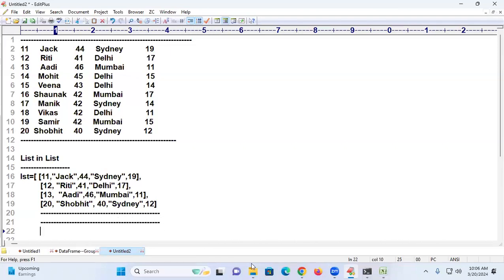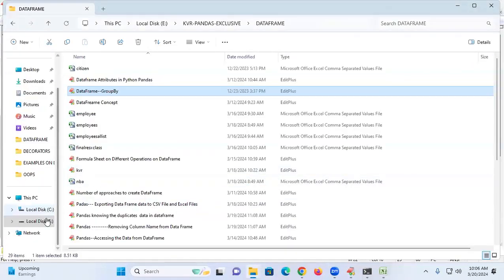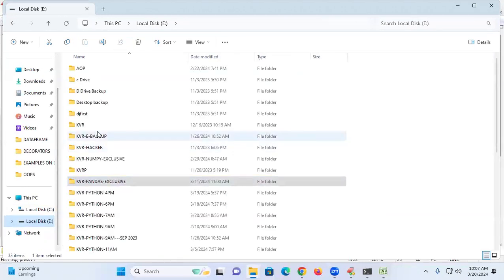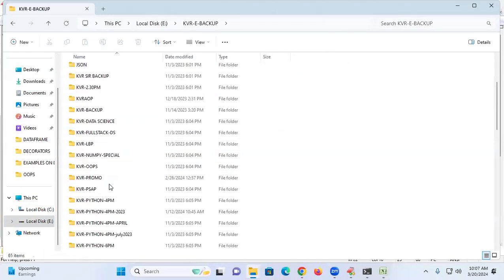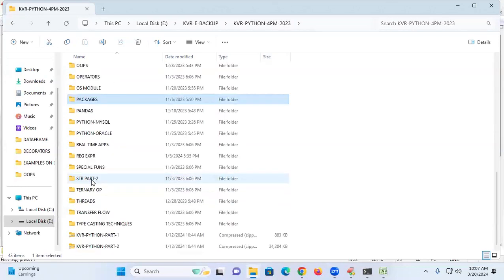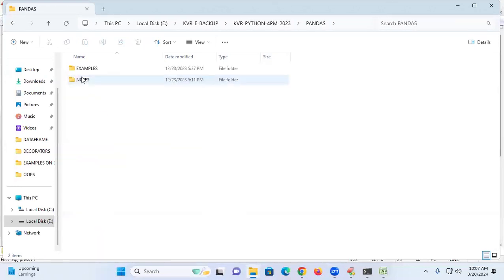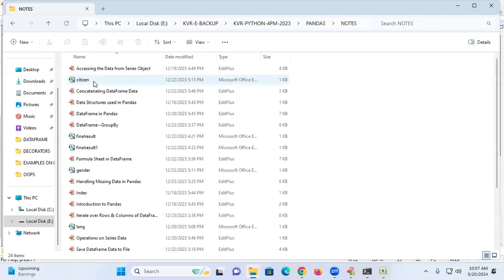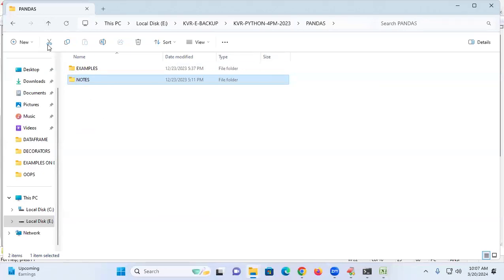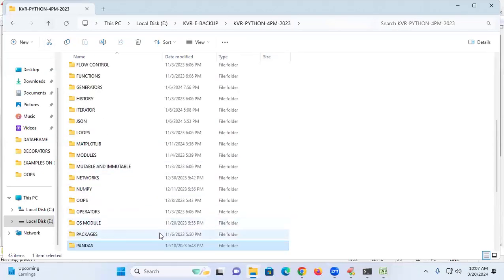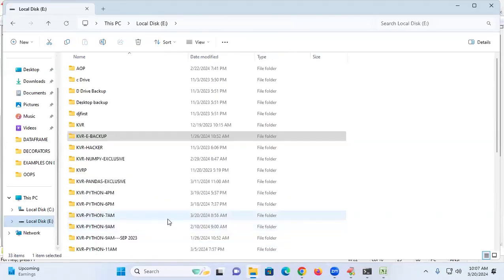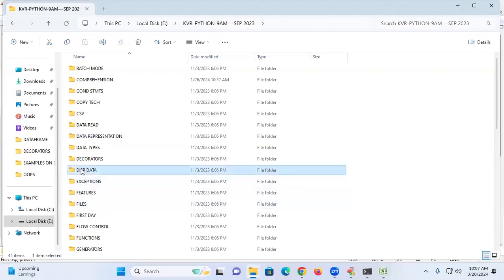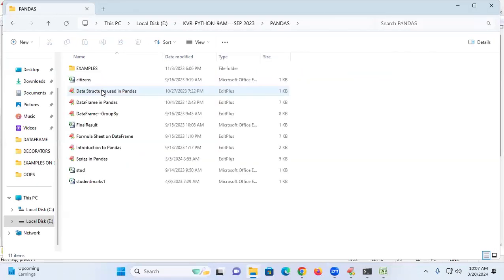Now, if any such code is there in my system from my previous class when I taught, I just want to search in that because I want to show you that part once, because it was a written test question. So here I will try to look at that. If any such things are there, I will try to show you. You just hold on, students. In that place, if any such group by concept is available,